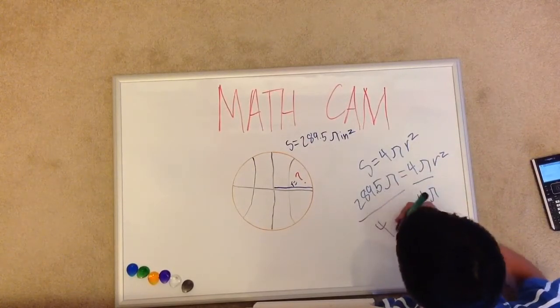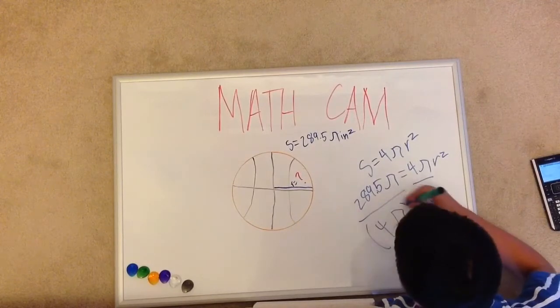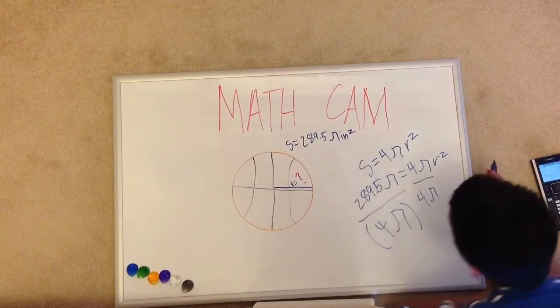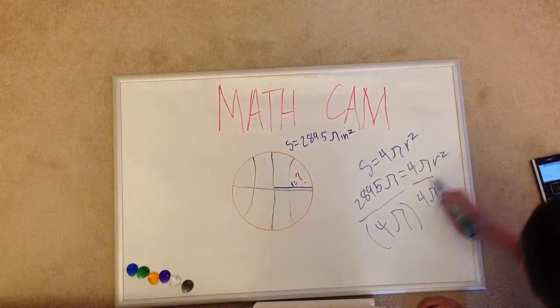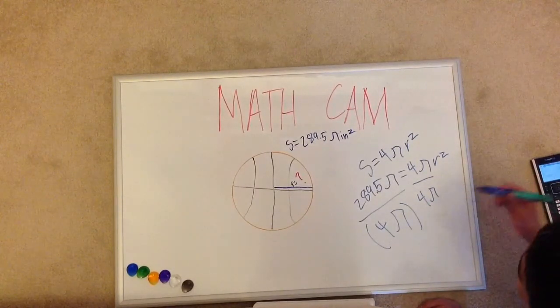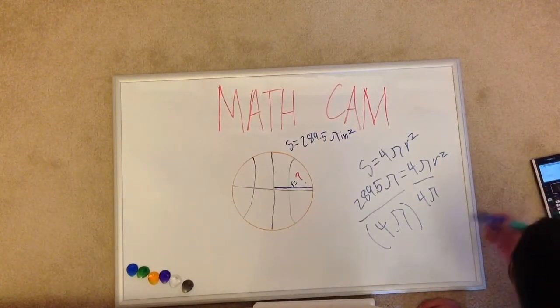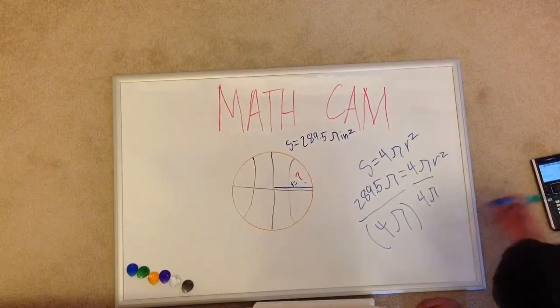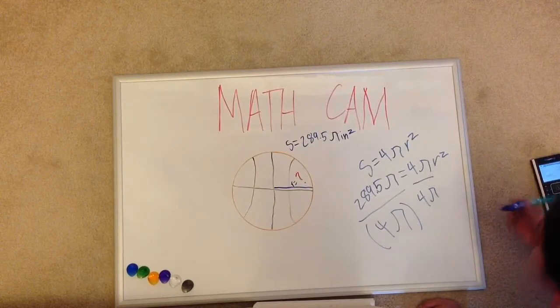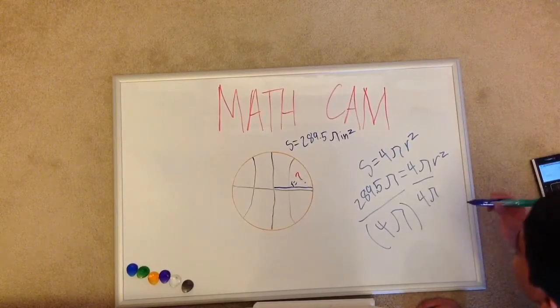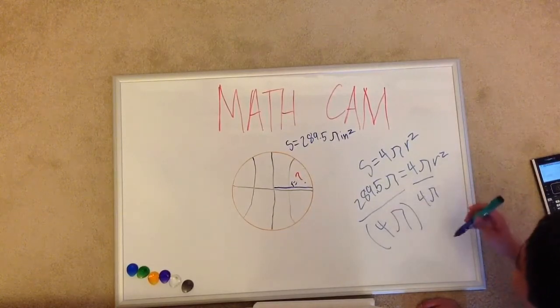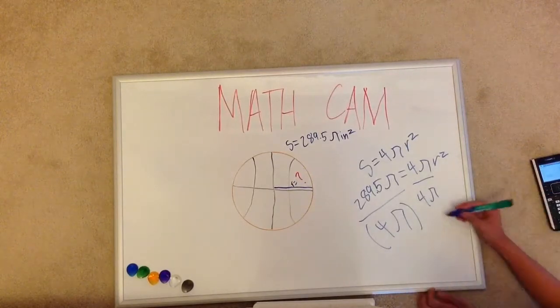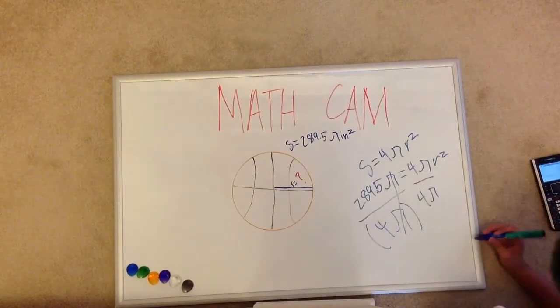And don't forget, on your calculator, to put parentheses. Because if you were to put only 289.5 pi divided by 4 pi without the parentheses, it would actually multiply by pi and only divide by 4. And we want it to divide by 4 pi, and so you would have to put your parentheses. Don't forget that. And then the pi's would cross out, and we would get